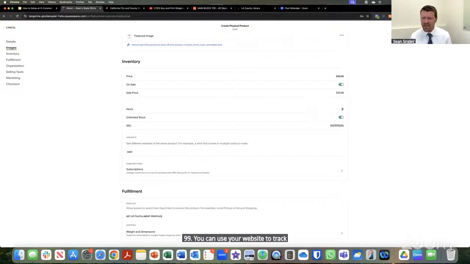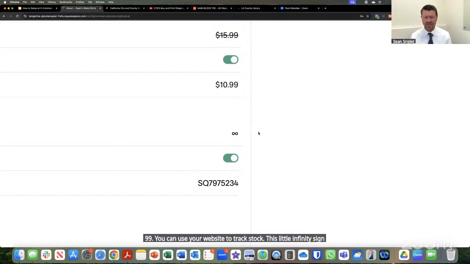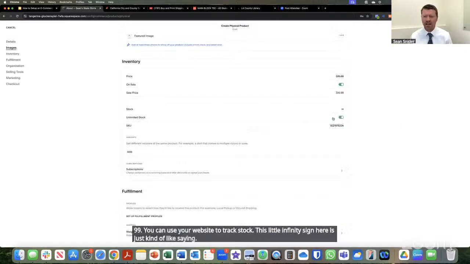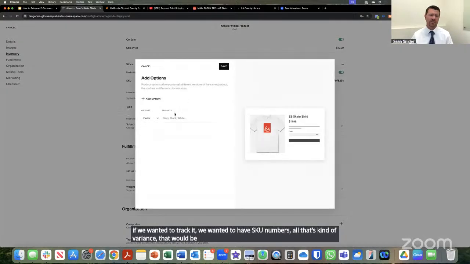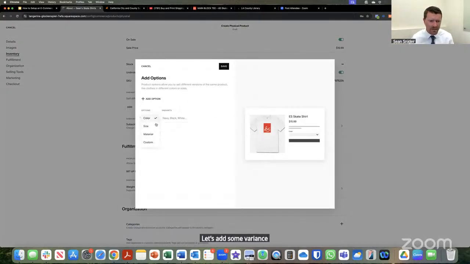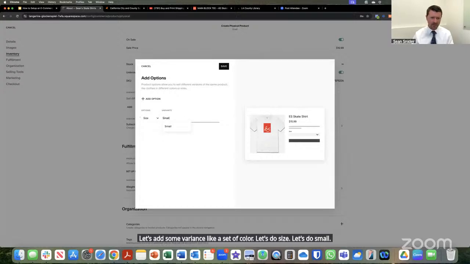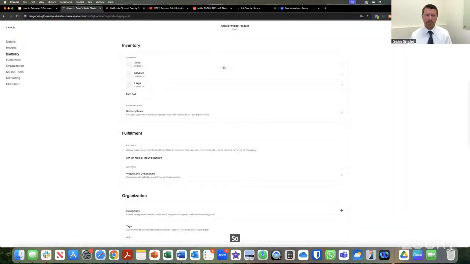This little infinity sign here is just kind of like saying, okay, we always have stock in that particular product. But if we wanted to track it, if we wanted to have SKU numbers, all that is kind of variants, that would be good. Let's add some variants, like instead of color, let's do size. Let's do small. Let's do medium and large. I don't know. So this is where when people go through the checkout, they need to pick a size before